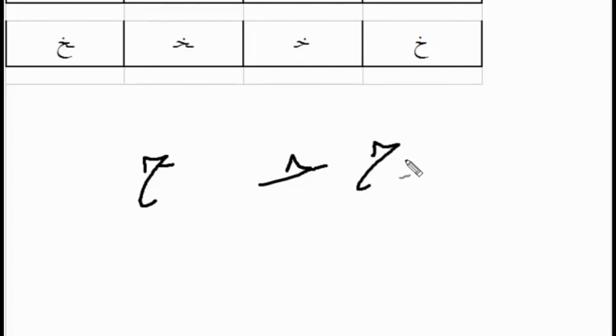Here there's no connection, it's in the front. If ha is in the beginning, there's no connection on the right side. So this line is to connect. This is why we said, as an example, yuhib. This is